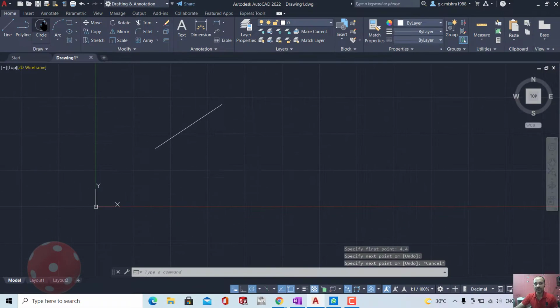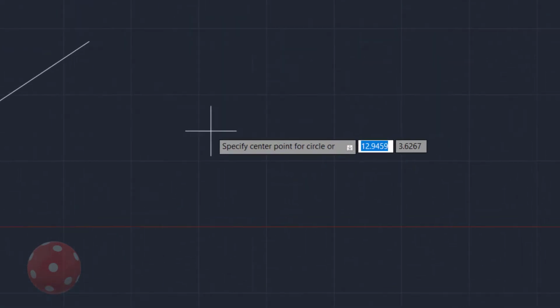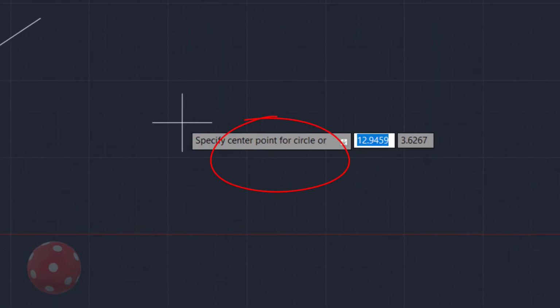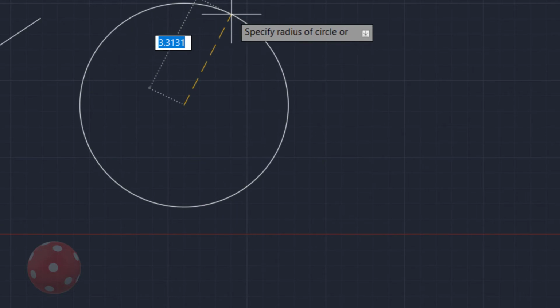If I choose a circle, then it will say specify a center point. It means for the circle, center point is required. It is providing you help. If I click in the screen, then it will say specify radius, and it will provide a space to provide radius.